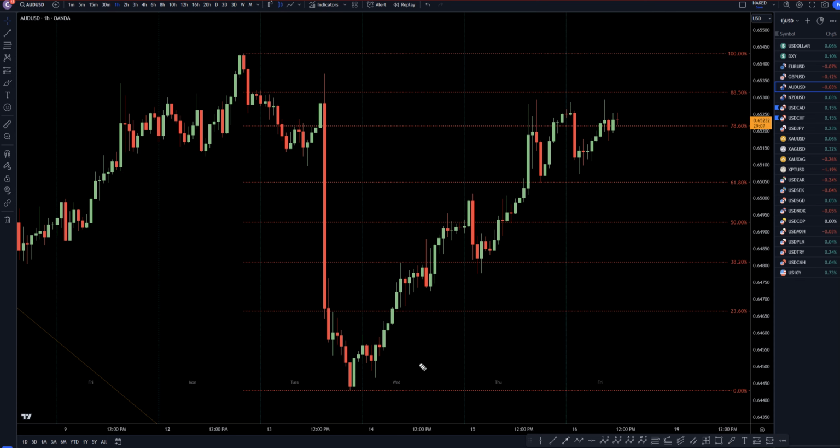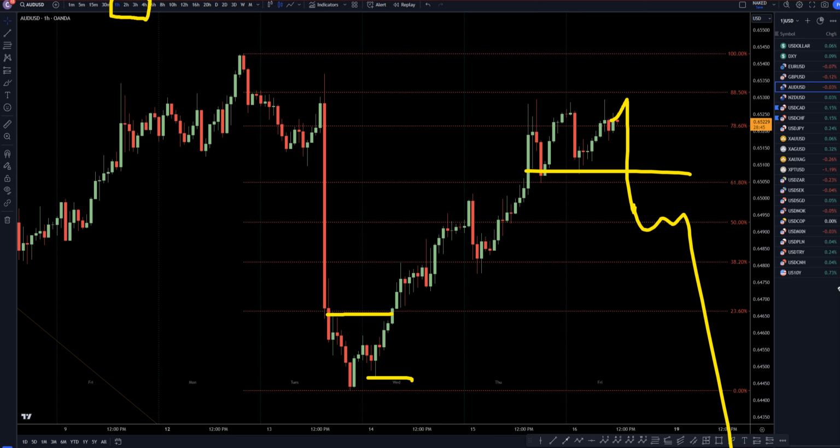Now, if you are a scalper trading the shorter time frames, ever since we got the break of structure and the higher low back here on Wednesday, you could have definitely been looking for longs in an uptrend until you get this pattern right here, and then you could stop looking for longs and start going short. I do not scalp, I do not trade the shorter time frames, so for me, I'm definitely patiently waiting for the end of a correction for the continuation of the downtrend.